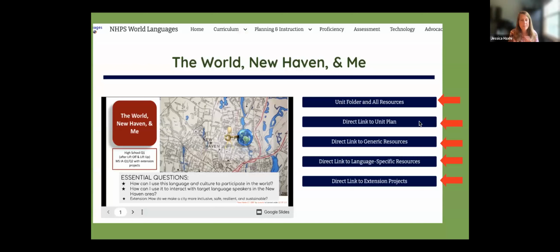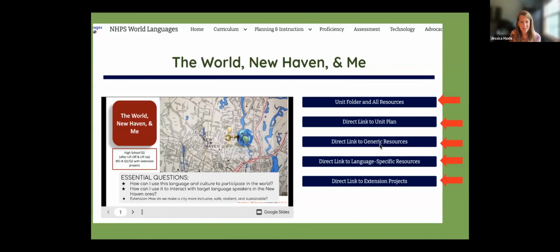With grant money, I did pay for some of those trips, like the big Chinese one and the one to New Jersey, we paid for with grant money. But the kids bought their own food, I should say. So we have a website that we share all of our internal stuff to. It's closed, it's just for New Haven teachers, but for every unit, we have a unit folder, we have a unit plan. We have, so this is the important part I want you to take away from this.